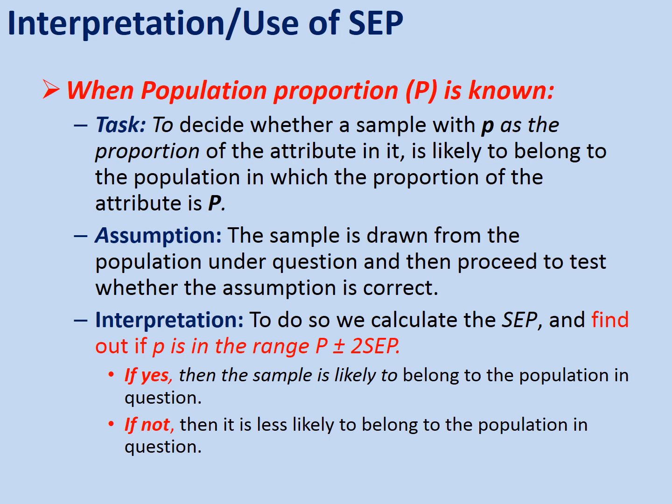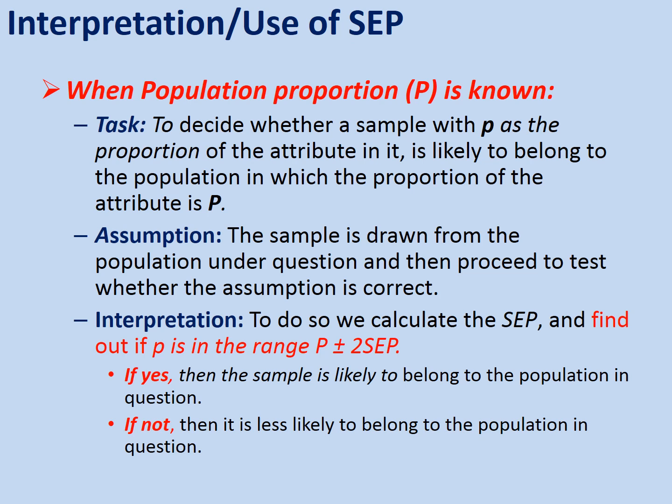Okay, so that means we have the data about the population proportion, the proportion of persons with hypertension in the whole lonely town. Then we have the data of the sample proportion, persons with hypertension in a sample of 200 persons. So what is the task here in terms of our example? We have to decide whether the sample of 200 persons belongs to the lonely town or not. That is the task. So I have simplified your task in terms of our hypothetical example.